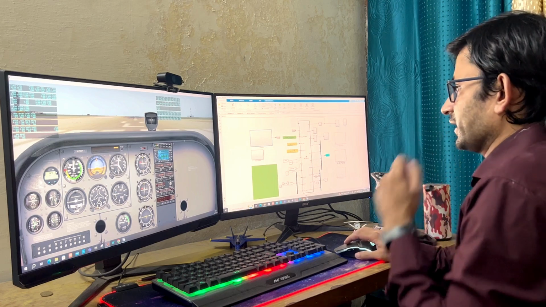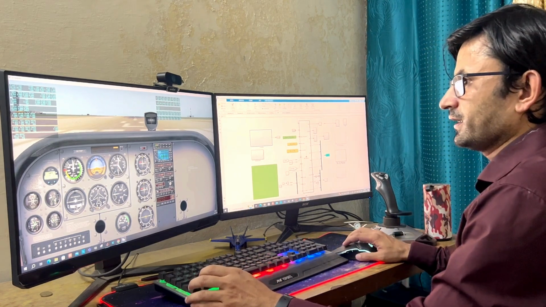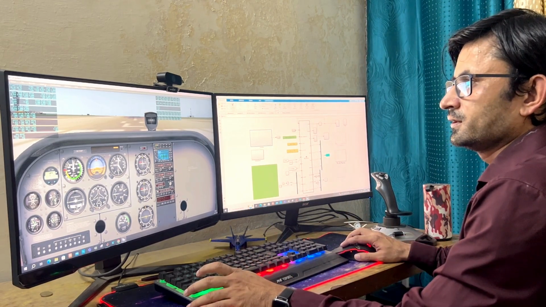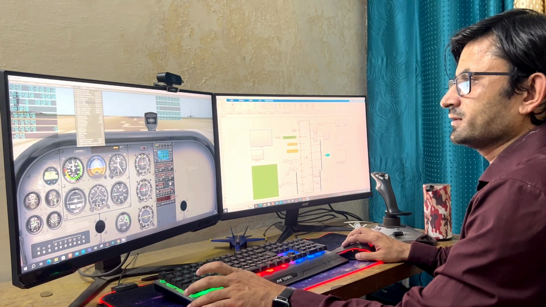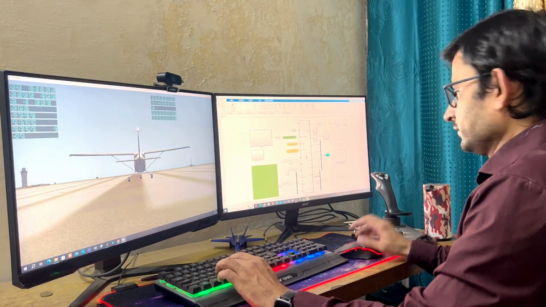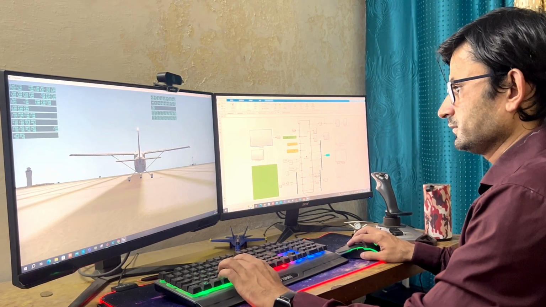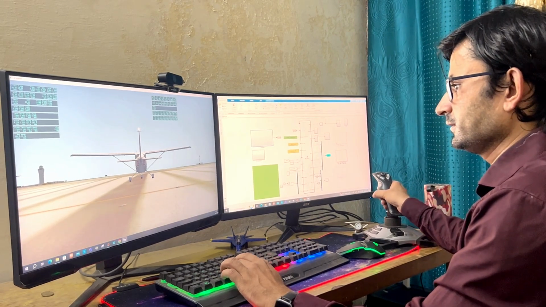Okay. So now what I will do first here. I will run the X-plane only. I will not run my Simulink model. Okay. And after that I will deactivate the internal dynamics of the X-plane. Okay. So you can see